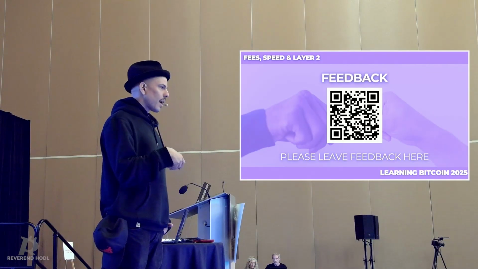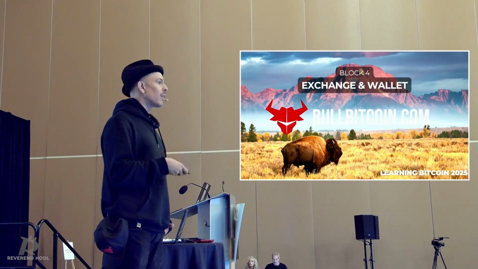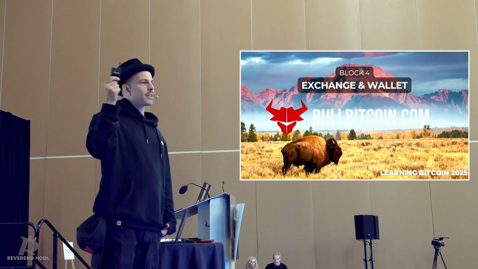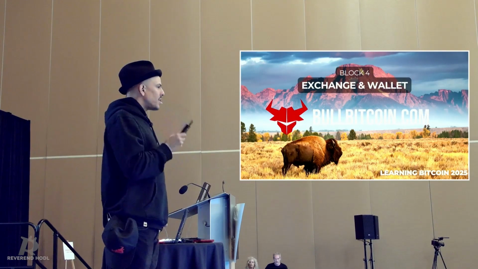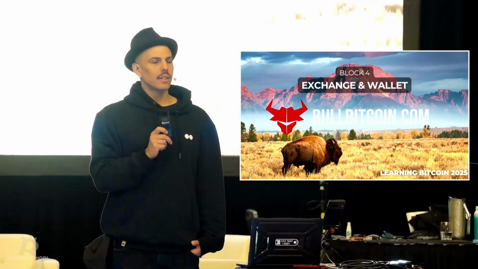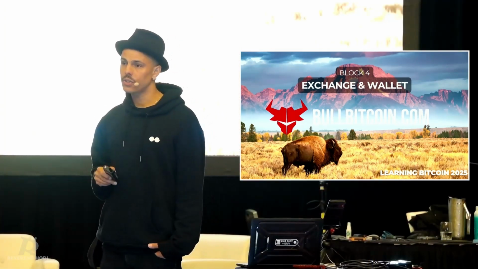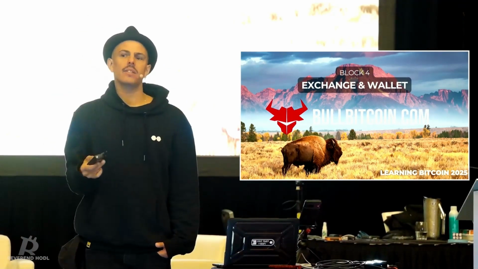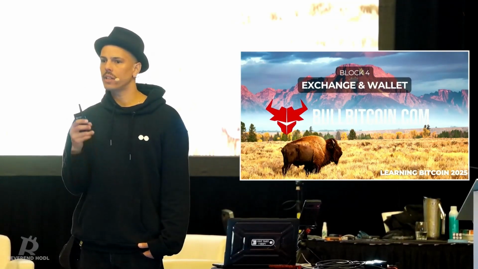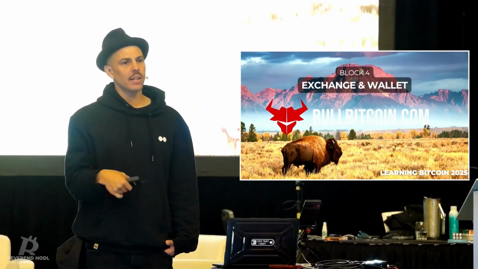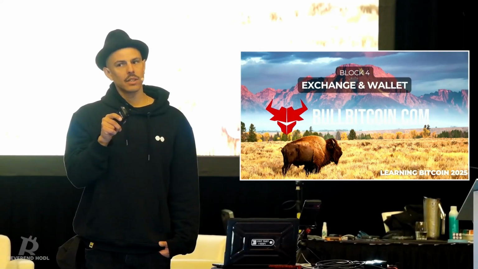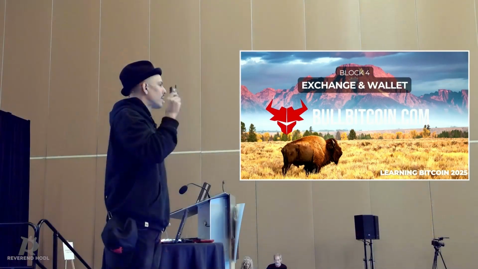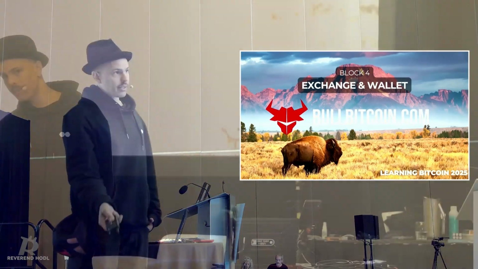I know this QR code's not working actually, so I'm going to skip along. We had a conversation about fees and thinking about why things cost how much they cost to get sent. UTXOs is slightly complex, and there's a way that you can manage your own UTXOs. But as long as you're aware that it's the amount of bits in your wallet and not the balance, that's a really key takeaway. So I'd like you guys to think about that. Next time you're sending Bitcoin, have a look at the fees, and then try and think about the UTXOs, because each bit of Bitcoin is required to calculate the fees.